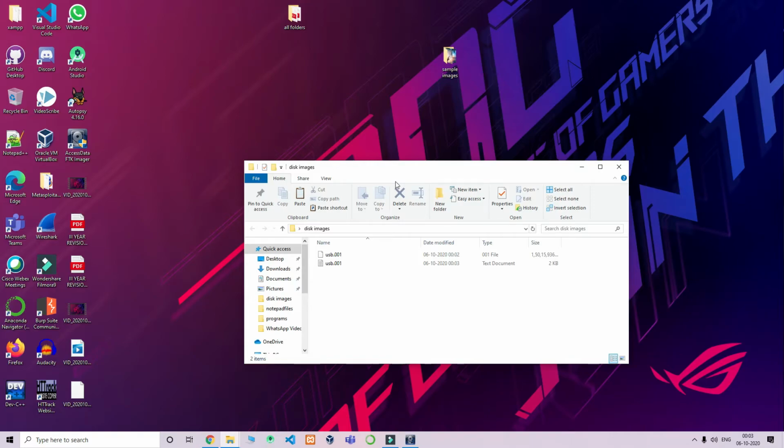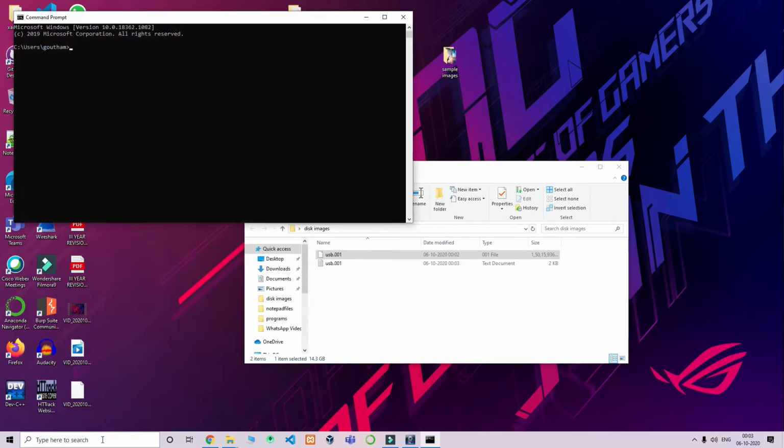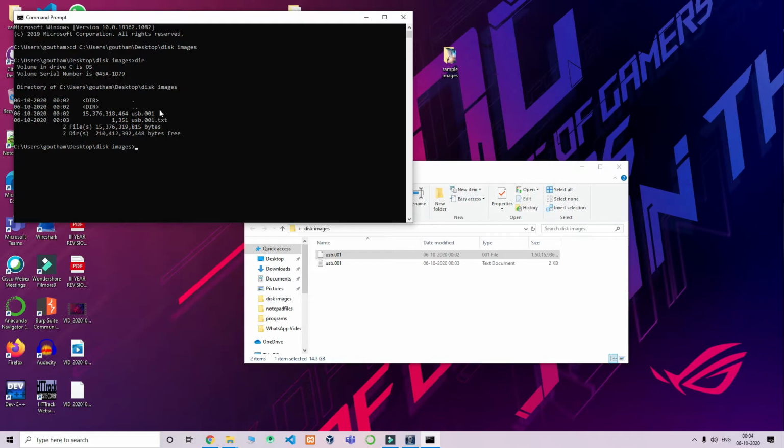Now you can see our disk image has been generated. Copy the path of the disk image folder. Now open CMD and navigate to the path of the disk image folder. Now we are in the path of the disk image folder. Let us list out our files in that. You can see our disk image. Now enter this command